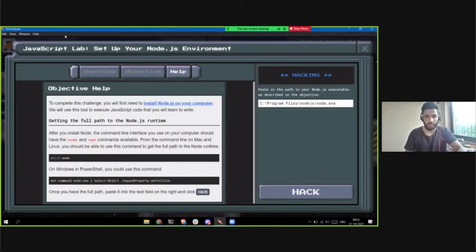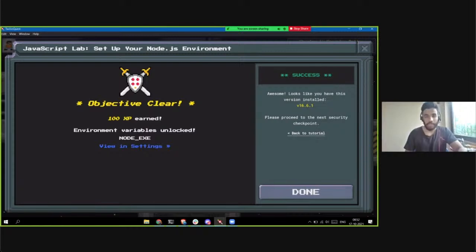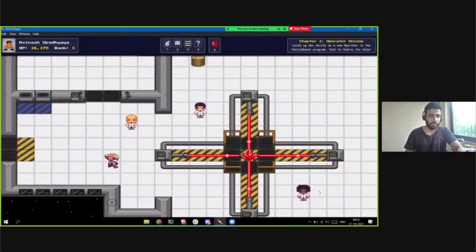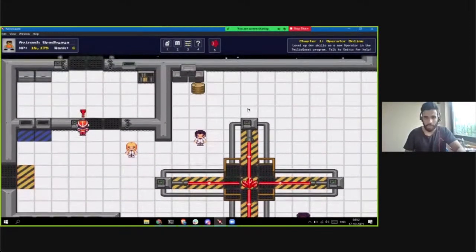Pretty weird. Okay, yeah. So it was successful, and it also stored the path of my Node.js executable in an environment variable, so that it can use it further for all the validations as we go through. So if you notice in the further missions, it'll ask you to solve a JavaScript problem. So it'll ask you to learn about